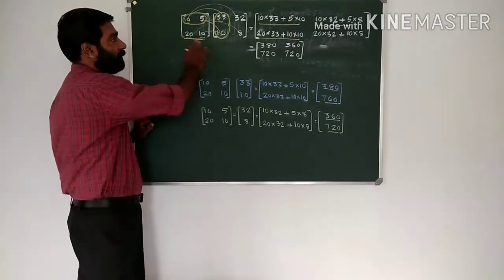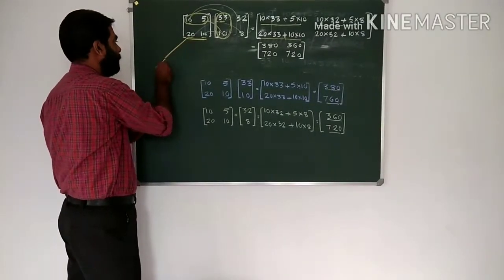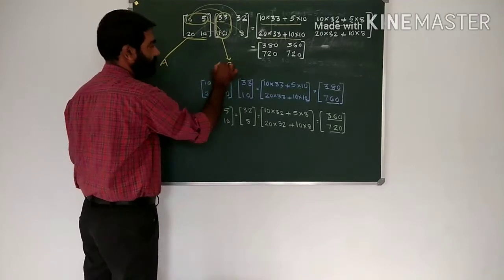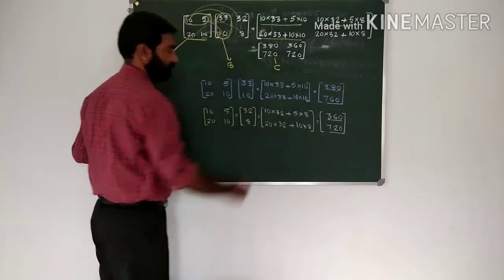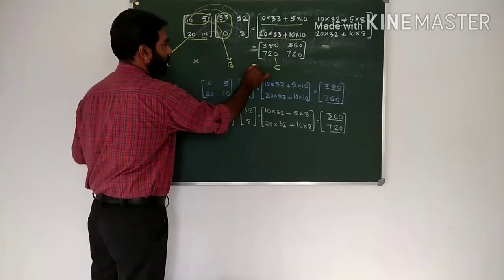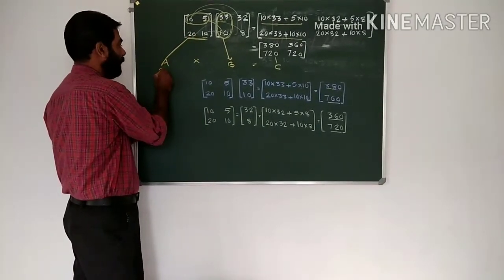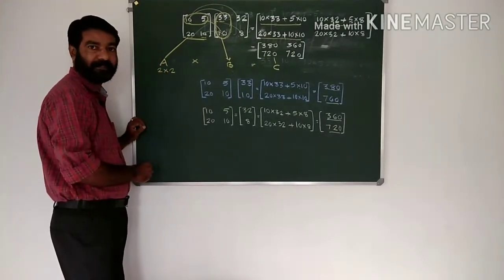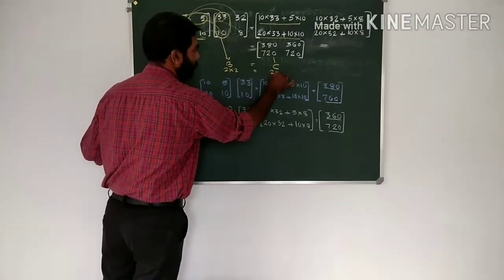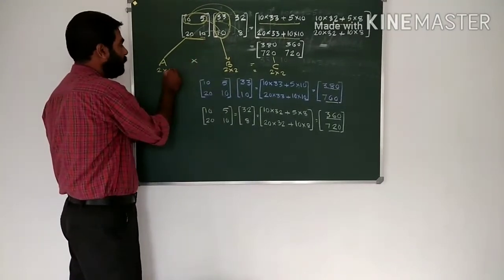So, this is actually matrix multiplication. But you have to remember that, suppose this is a matrix A and this is matrix B and the answer is matrix C. So, A and B are two matrices, the product is again a matrix C. What is the order of this matrix? The order of matrix A is 2 by 2. Order of B is again 2 by 2. And C is again 2 by 2.